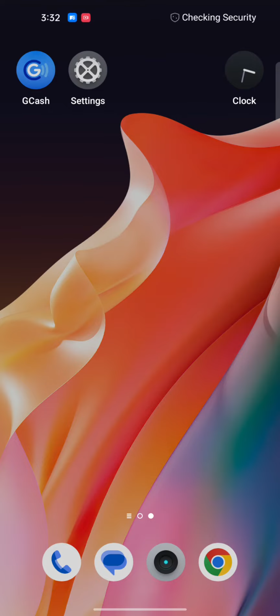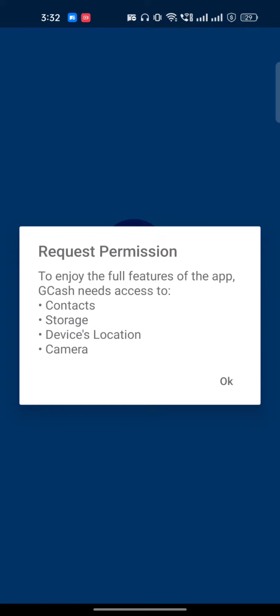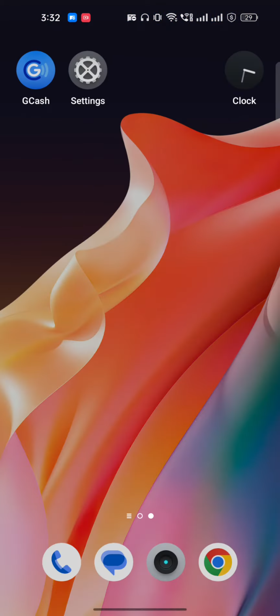Hi everyone, in this video I'm going to show you how to fix the Gcash protection problem. Once I open Gcash, I get some issue here, some detection, you can see here. If you get the same issue, what you have to do is first of all close this